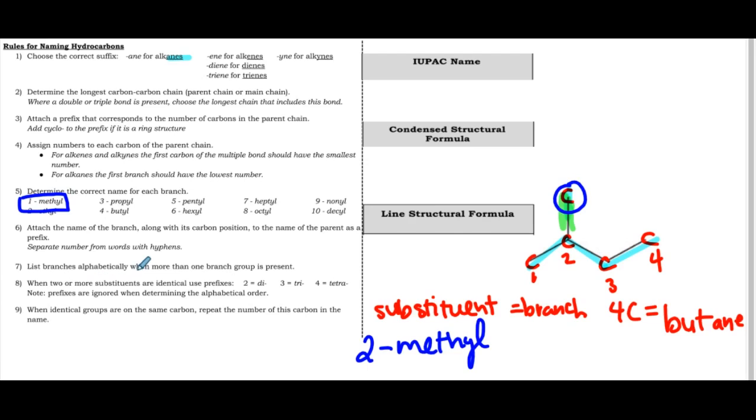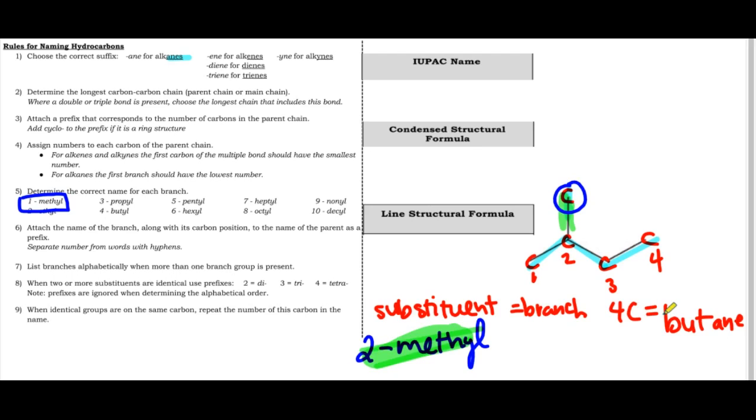We're going to list the branches alphabetically, but because this is the only branch, there's nothing else coming out of it. So it's just, by default, the only branch, 2-methyl. We don't have 2 or more substituents, and we don't have identical groups on the same carbon. It's just 1 branch. So when we put all of these components together, the branch,